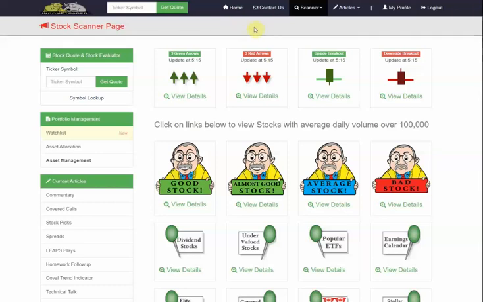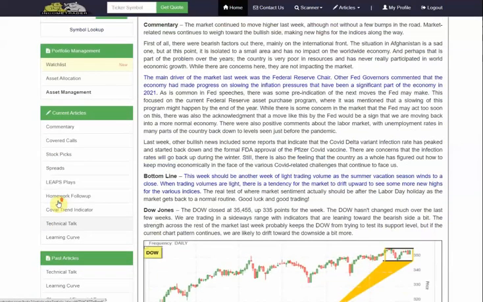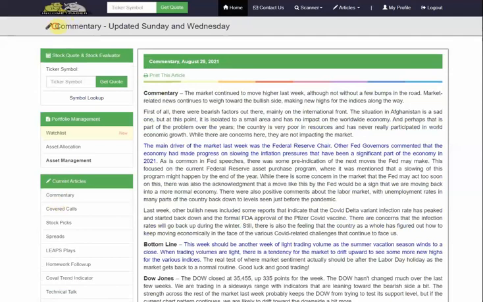So what I want to go through here is we're going to take a tour of the website. When we first log into the website, the very first thing you're going to see every time you log into the website is the commentary pages. What comes up here, and this is updated if you look towards the very top, anytime we're on some type of an article, which we are right over here on the left-hand side where it says articles, you can read these, and these come out anywhere from 1 to twice a week, and it just says the commentary is updated